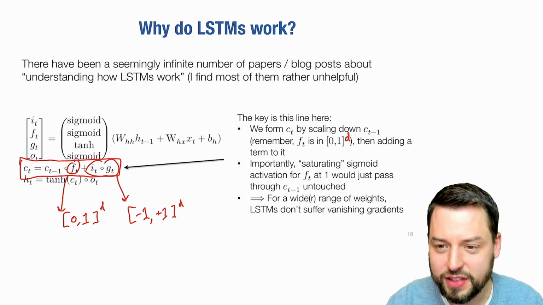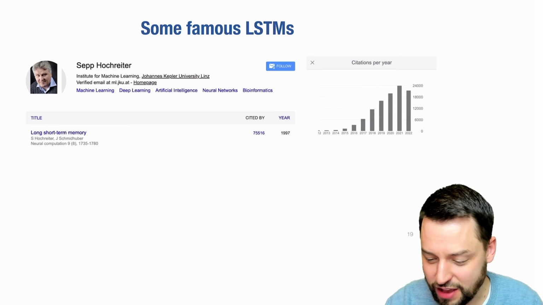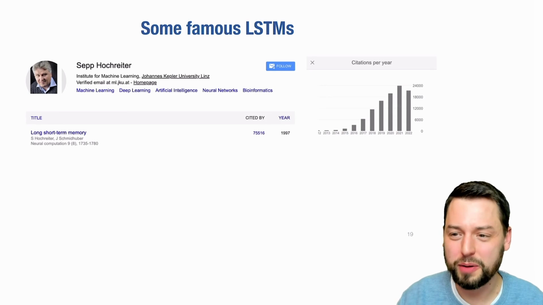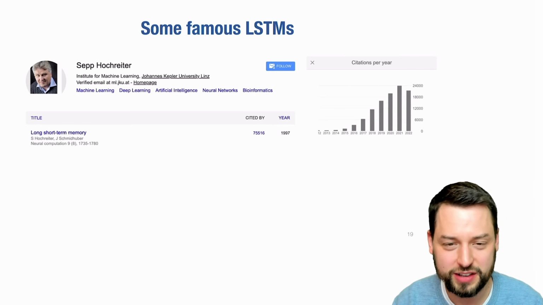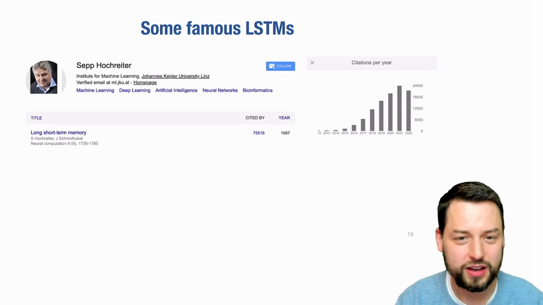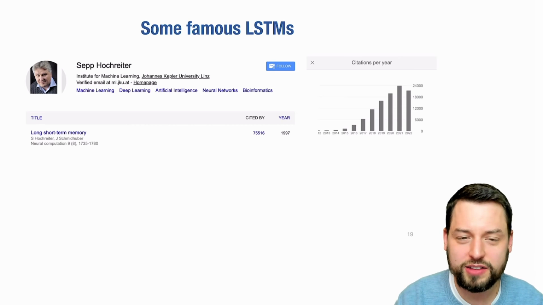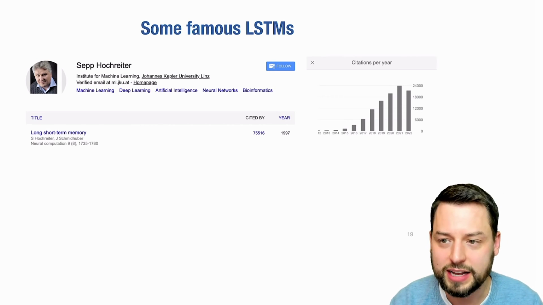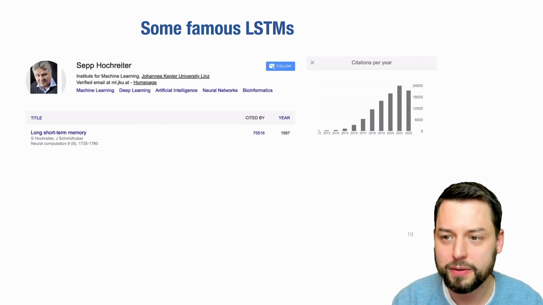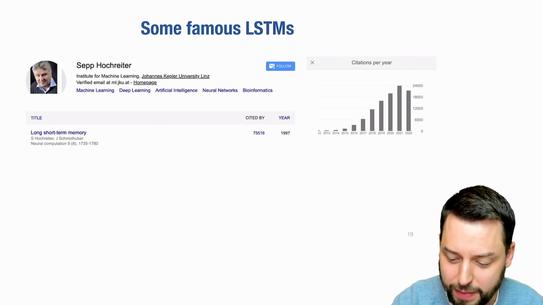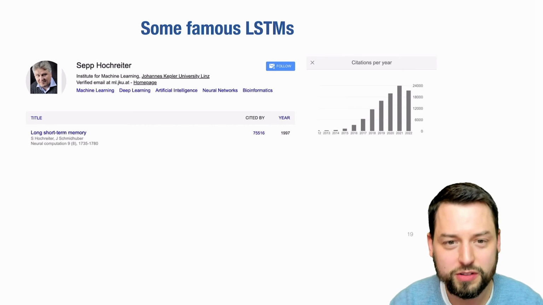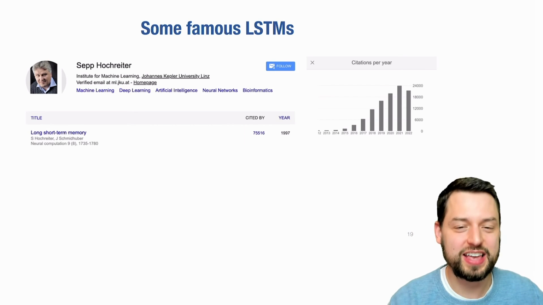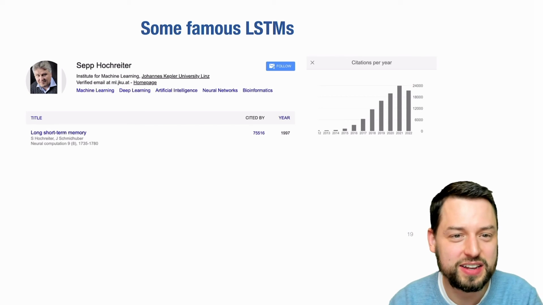So okay, this is as far as we're going to go on why LSTMs work. But I do want to mention a little bit of the history of LSTMs because it's a really great history. LSTMs were proposed by Sepp Hochreiter and Jürgen Schmidhuber in 1997. And I believe this paper is one of the most cited papers of the last decade in deep learning. It's been cited